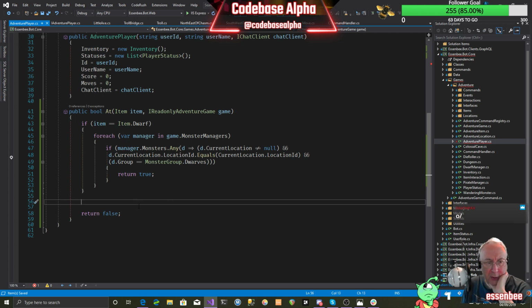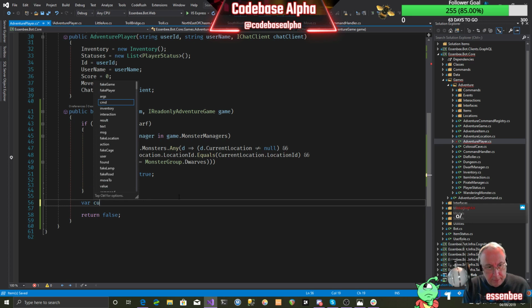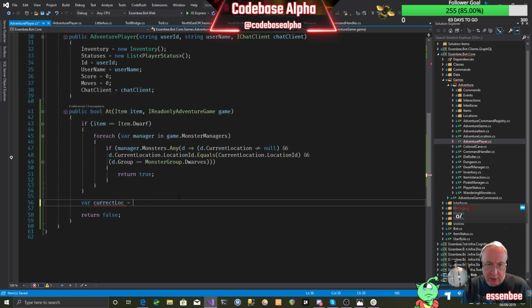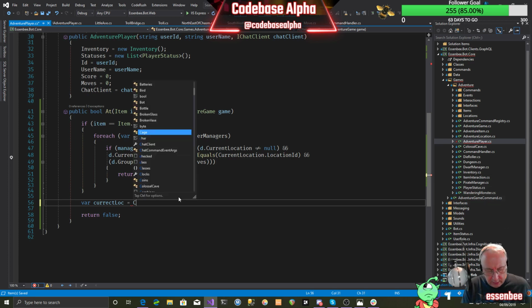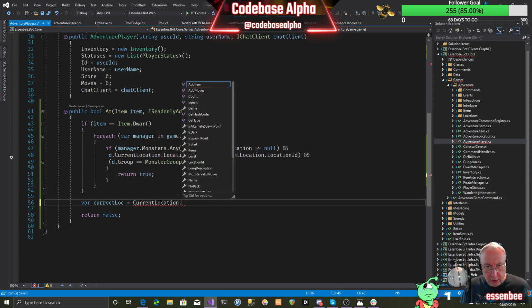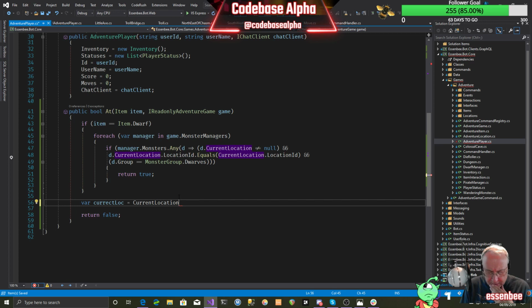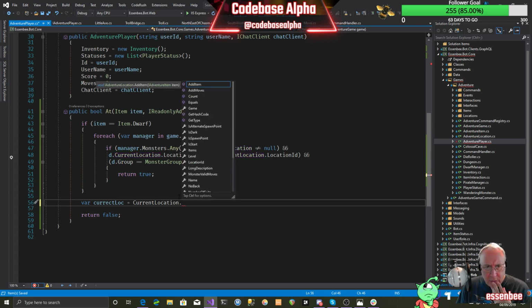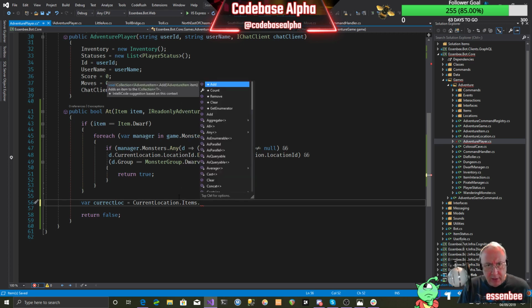If it's not the dwarf, then we want to make sure that we check if this item is in the current location of the player. So var, and we'll tidy this up. We'll just go stream of consciousness. That's just going to be current location dot location ID. There's current location. Okay. So what else have we got on there? We should have items. And if it contains,